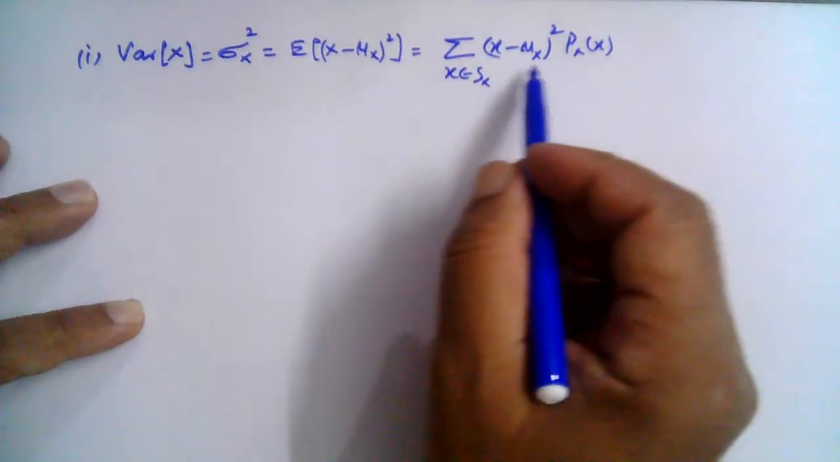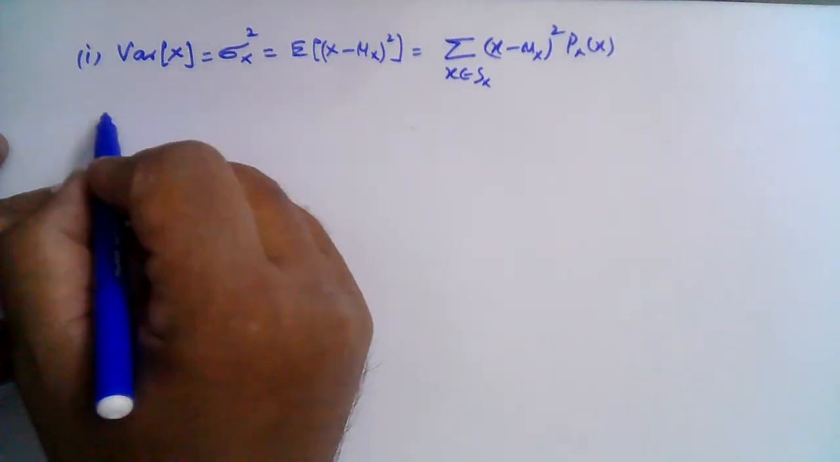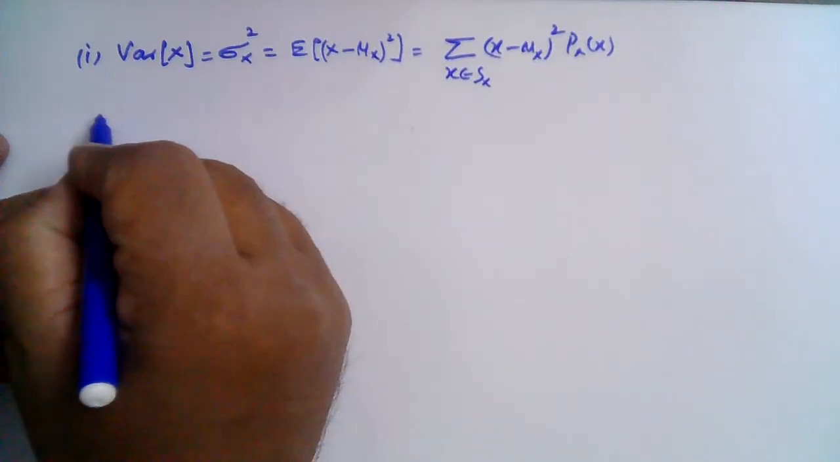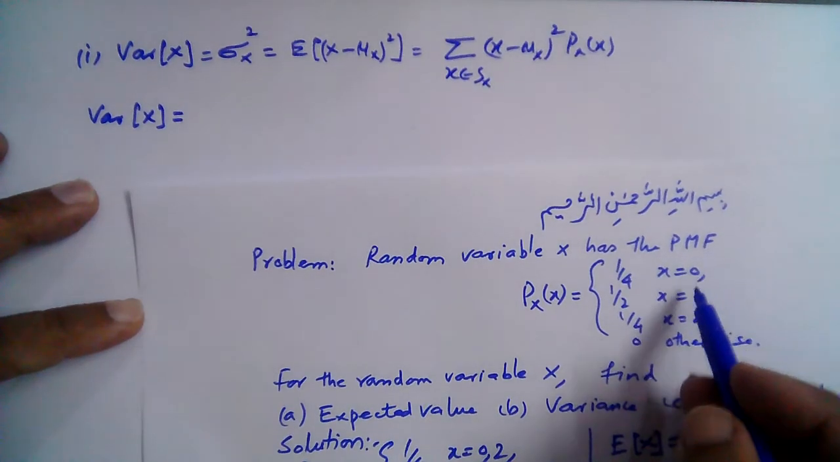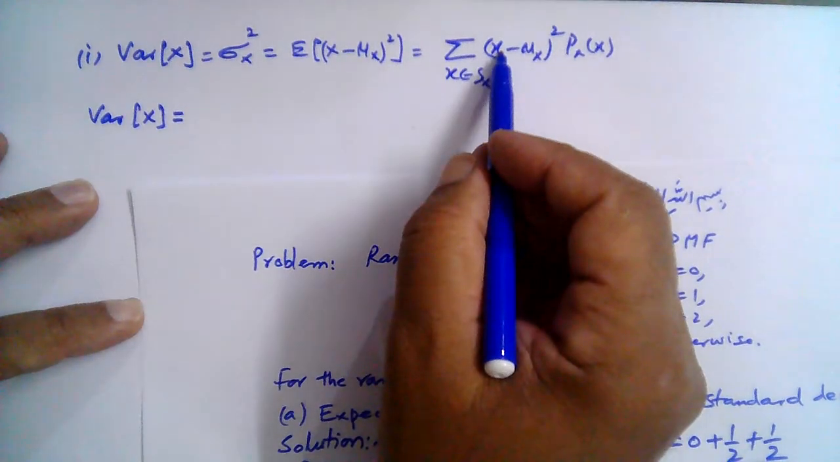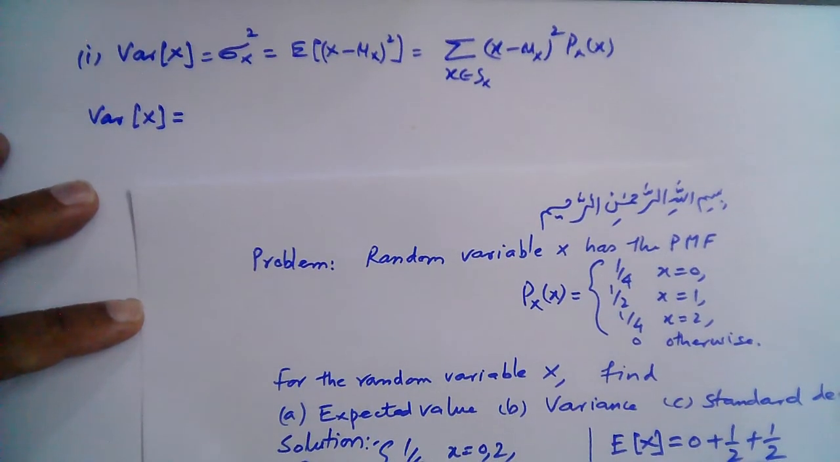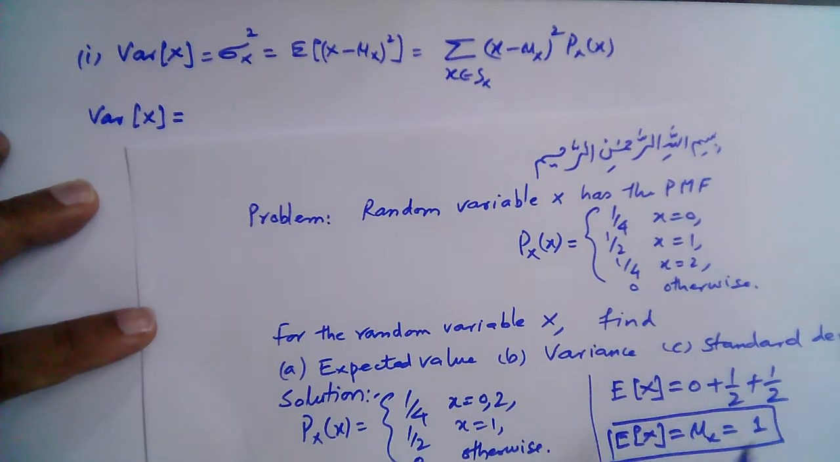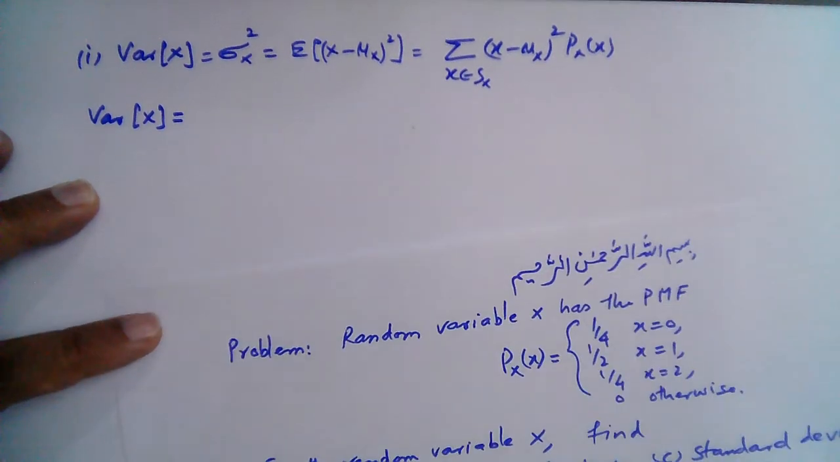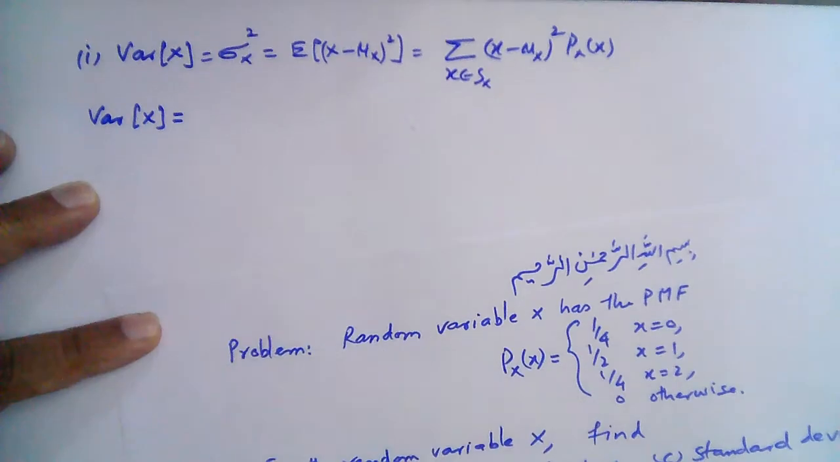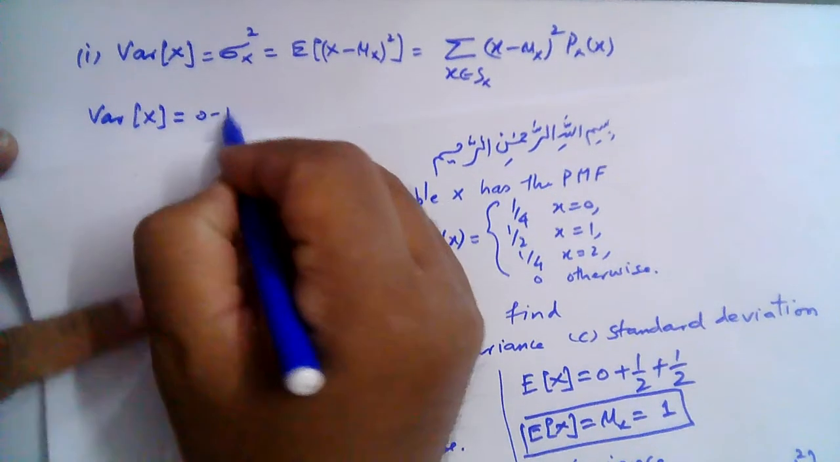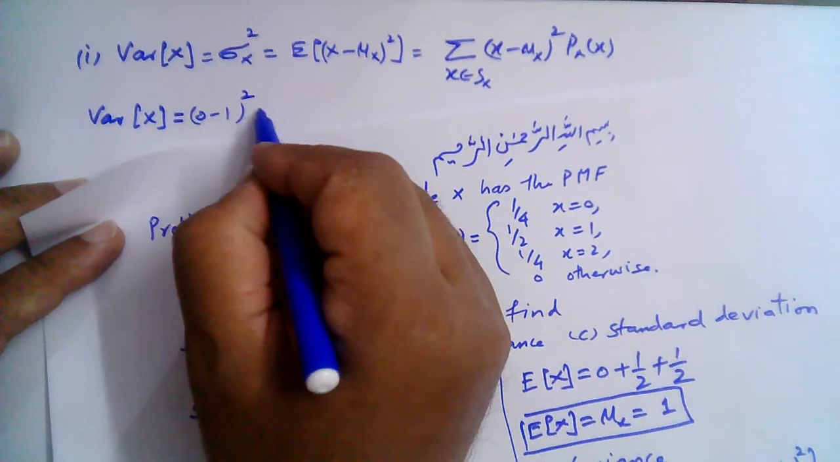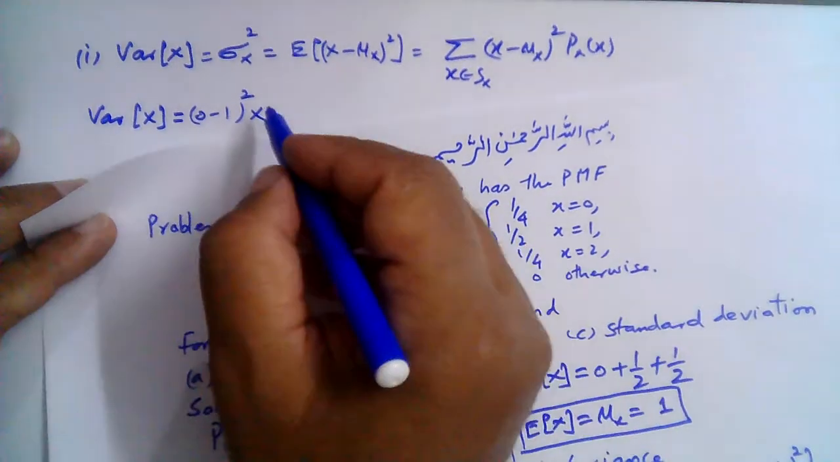So we now use this formula to find the variance of x. The variance of x is equal to, so we know that x can take on these three values: 0, 1 and 2. So we say 0 minus mu of x, which we already found, it is 1, right? So 0 minus 1, the first value of x, 0 minus 1 squared multiplied by the corresponding probability, which is 1 over 4 at this point,